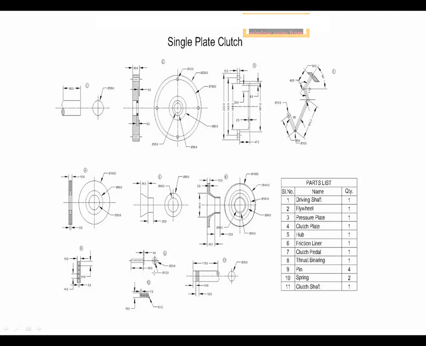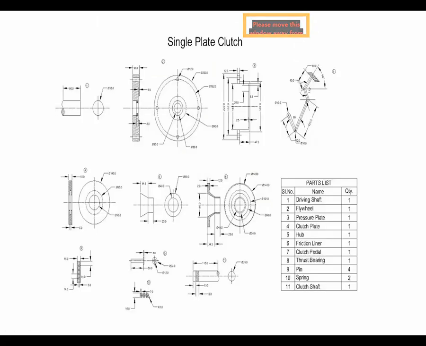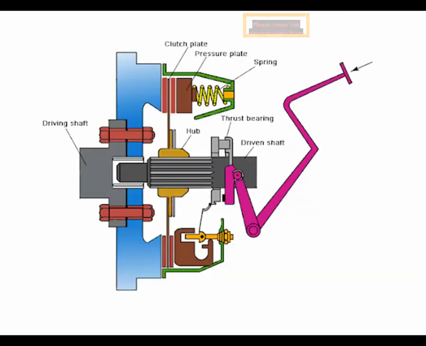Two most important parts of clutch are pressure plate and friction plates or clutch plates, and all these components are attached to the flywheel. So flywheel is also shown over here, a circular flywheel. So these are the detailed parts of single plate clutch. We have here the assembly drawing, and with the help of this drawing we have drawn the different parts. For this purpose we should know all these components which are highlighted with different colors: red, blue, yellow, green.